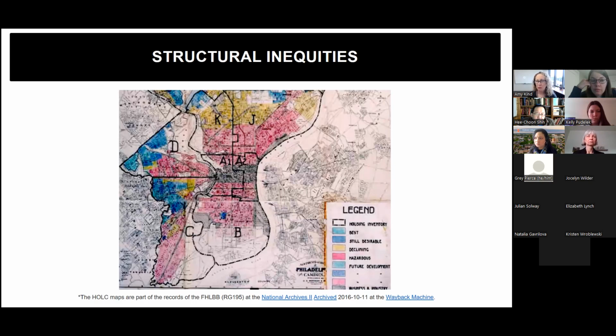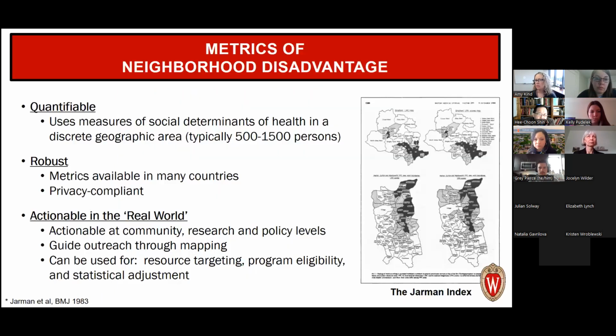Now, the neighborhoods that were more often in the red tended to be African American neighborhoods, Black neighborhoods from these times. And this lack of investment, this perpetual inequity, we see this echoed through to today within the markers of disadvantage that we can measure at the neighborhood level. So this action may have occurred some time ago. Some types of redlining still occur to this day, but the legacy of that policy action continues on into our current era. And we can see this through metrics of neighborhood disadvantage.